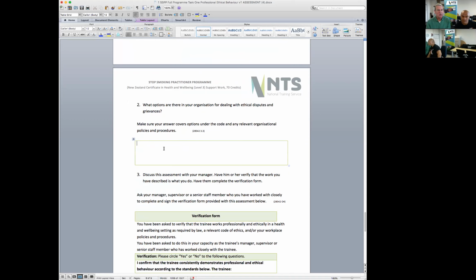We need to read these policies so we understand that if we meet disputes or grievances in our work, we know how to follow the policy and address them, and that way keep ourselves safe, the client safe, and our organisation safe.